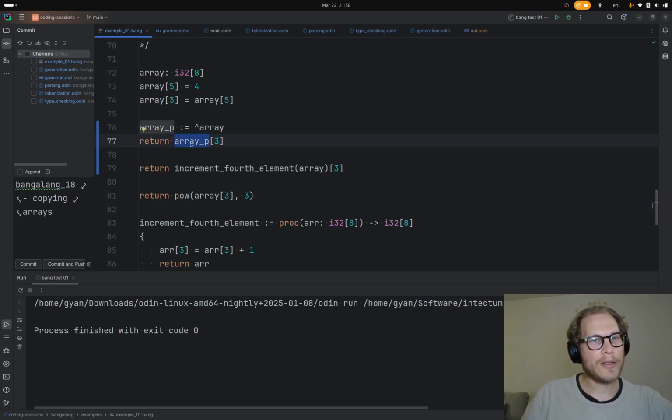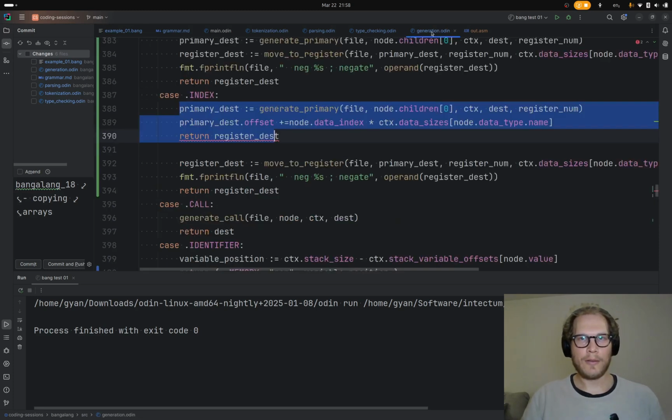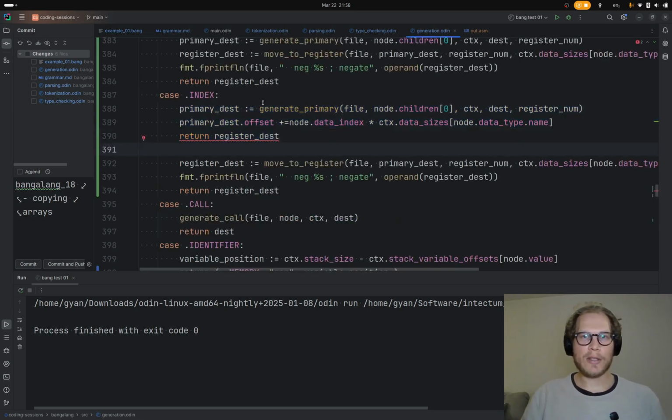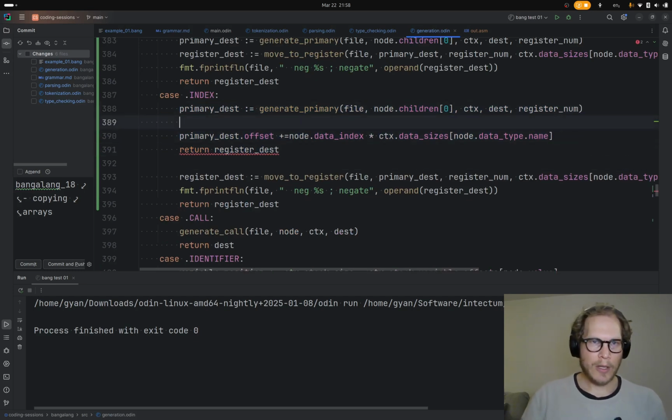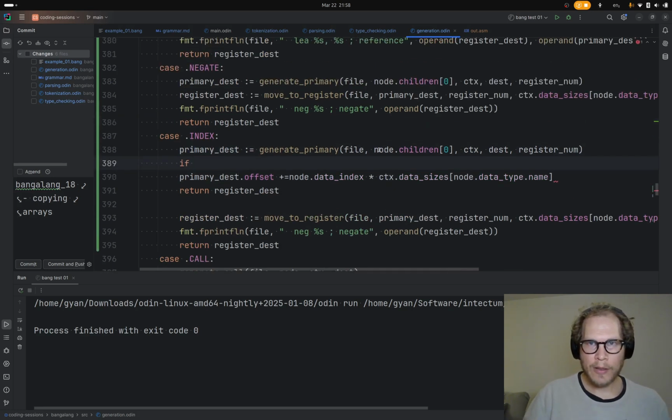But because this is a reference, see, it's been assigned to as a reference, we need to dereference before we do this index. So there's kind of like an extra step in the middle. What am I checking? If we're a reference,